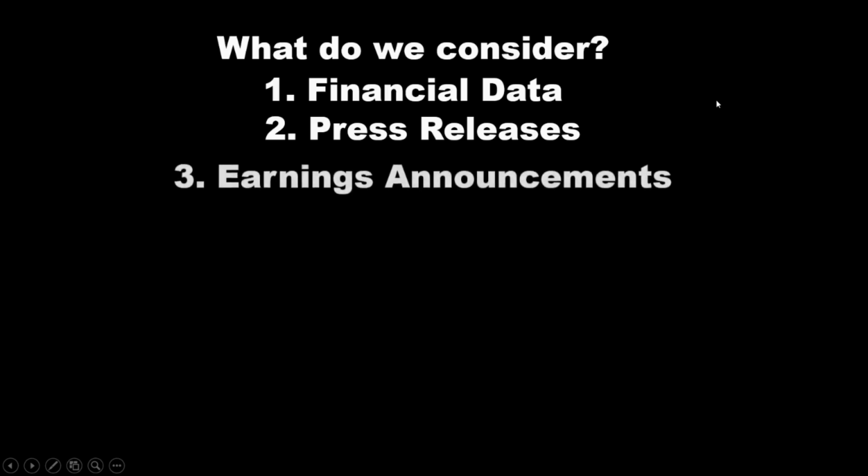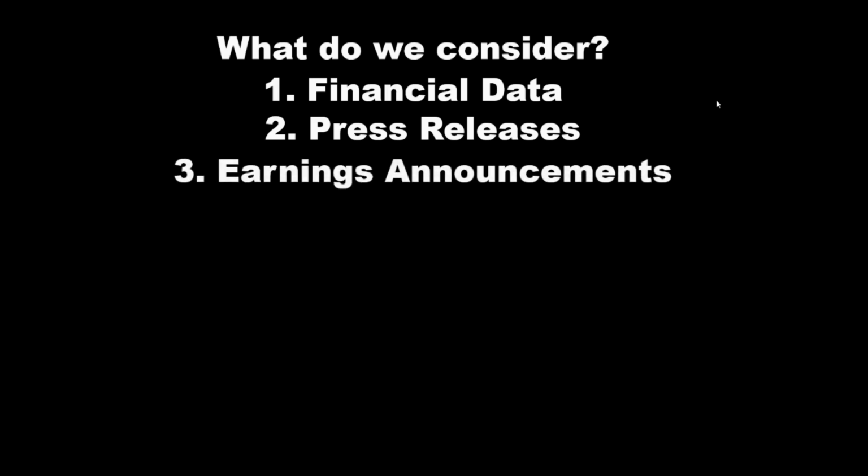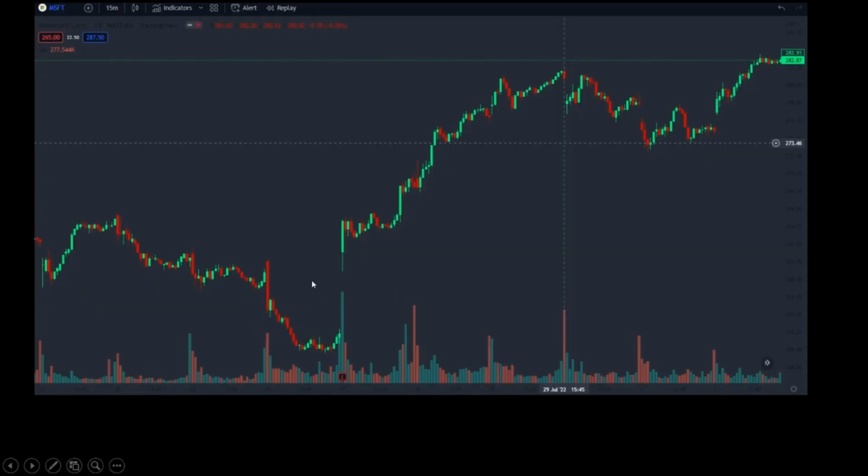So another thing we might want to consider: earnings announcements. We always want to look at earnings announcements because here's what they can do to a stock. Right here was Microsoft's earnings as of the 27th of July, right? And it caused the stock to rise quite a bit overnight. And then since then, the trend has kind of shifted to an upwards trend. It was in a downward sloping trend coming up to earnings, and then it broke out, and now it's in an upwards trend. So earnings can cause big gaps in the stock, and they can lead to a trend shift, right?